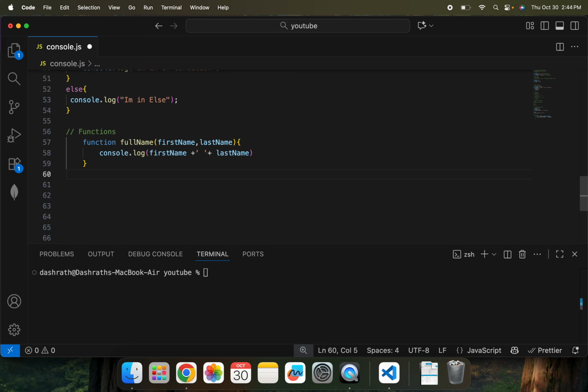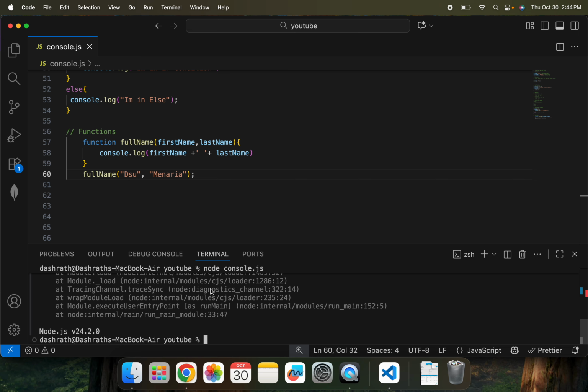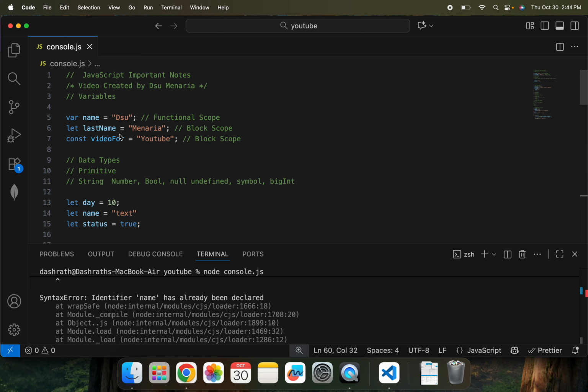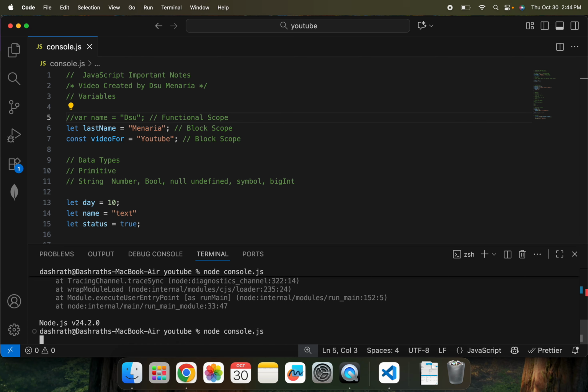And how we can call the function? Sorry, we can write the same name, full name, and we pass anything like this is my first parameter and this is my last parameter. Okay, so if I run here now console.js, we have some errors. Name is already declared, no problem. Previously we wrote something, that's why it's giving errors, no problem. Let's check again. Yeah,